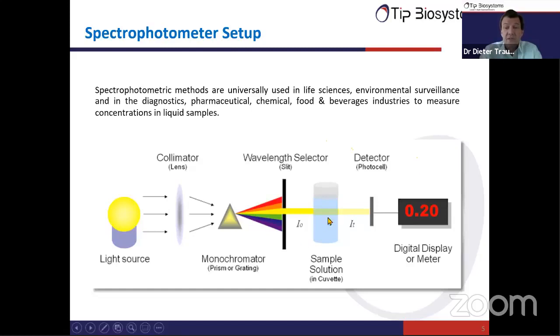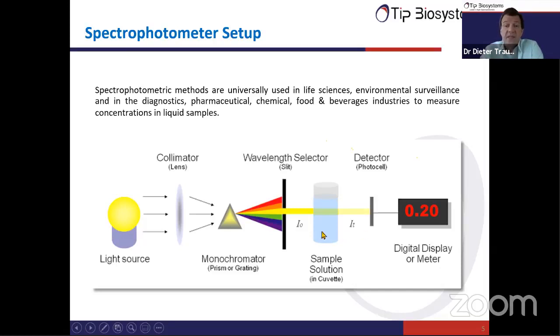So here we have the sample, and then the light is transmitting through the sample and reaches the detector. And the detector simply measures the light intensity that arrives at the detector. So now we have a sample here, and typically this is liquid samples. In this case, the sample could contain, let's say, water, but water does not absorb white light. So this would mean all the light would actually transmit through the sample and reach the detector.